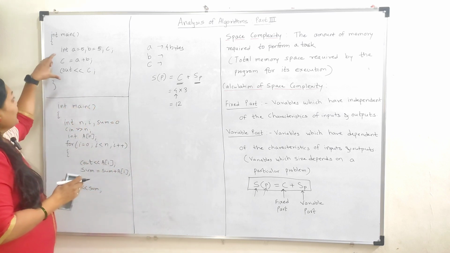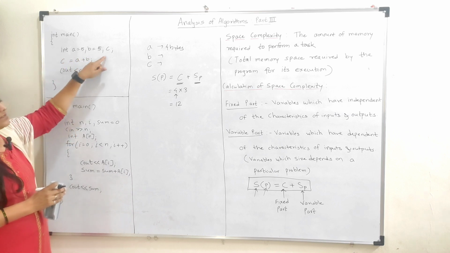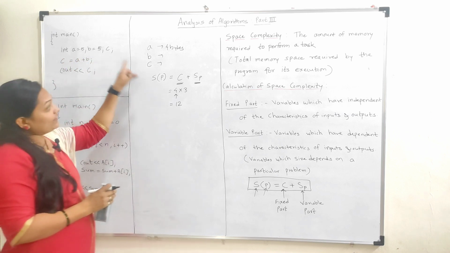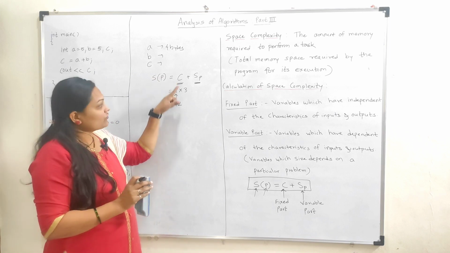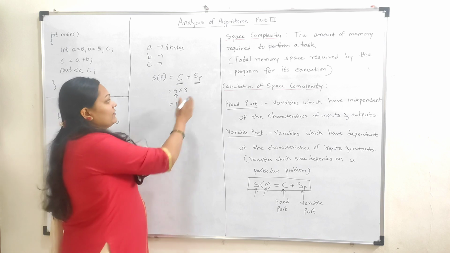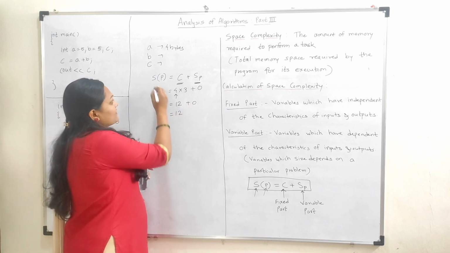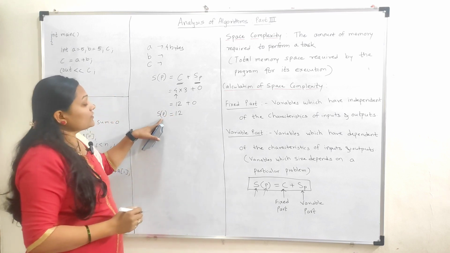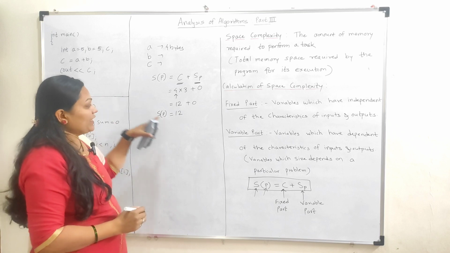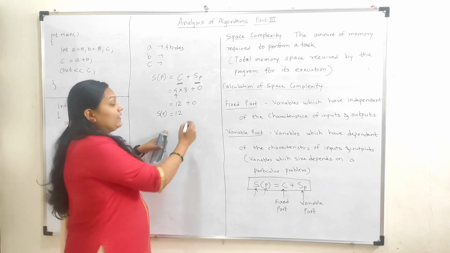But in this program there is no other variable than A, B, C. So in this example you just have the C part, the fixed part; there is no variable part. So we are going to consider that SP is 0. So the space required for this particular program is 12